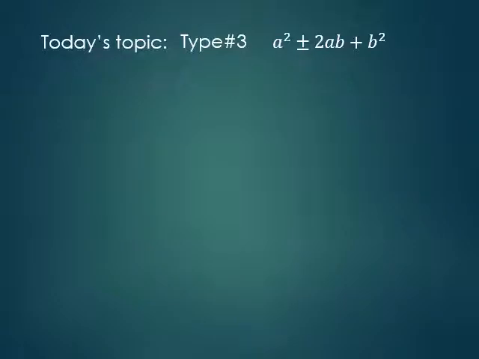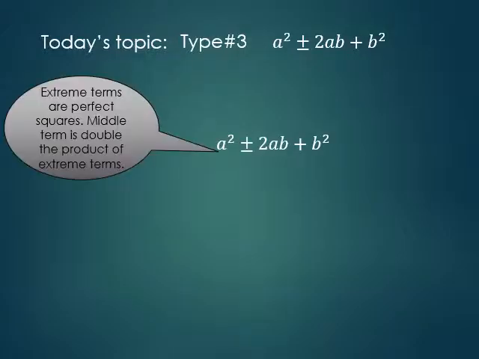Today's topic is type number 3, that is a square plus minus 2ab plus b square. It is stated as this. Observe this expression a square plus minus 2ab plus b square. The first term, that is a square, and the last term, that is b square, we said these two terms are extreme terms. Observe these two extreme terms are perfect squares, as a square can be written as a whole square